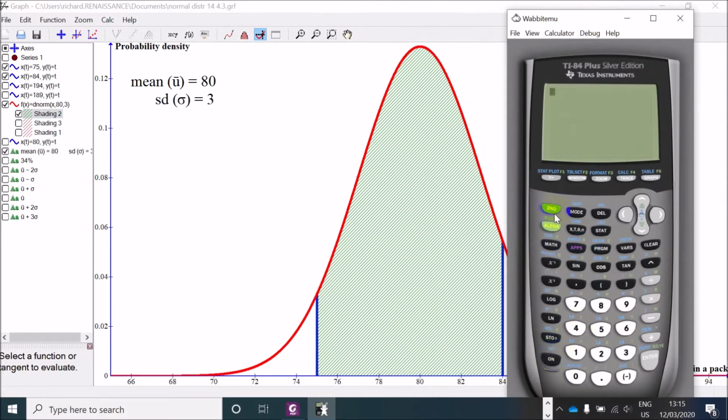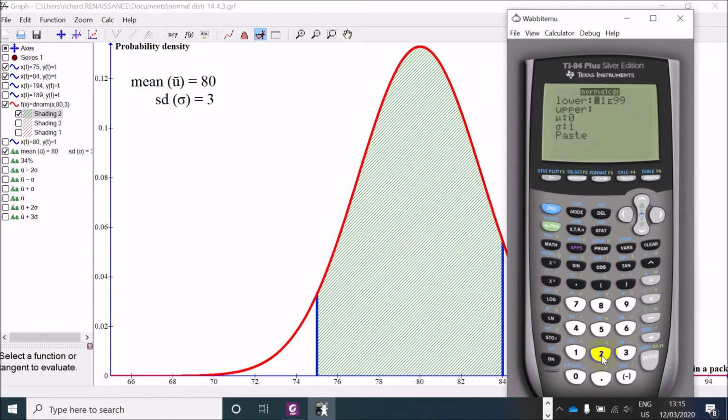Put it on. And I'm going to distributions. So here, second, distributions. When I click on that, I see the normal PDF and the normal CDF. You will never use the normal PDF because that's a point on your graph. We will always use the normal CDF. That is coming from cumulative. We add it up. So we add it up to get an area. So let's go to number 2,